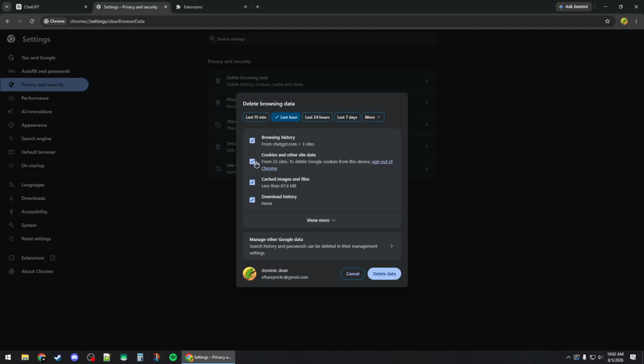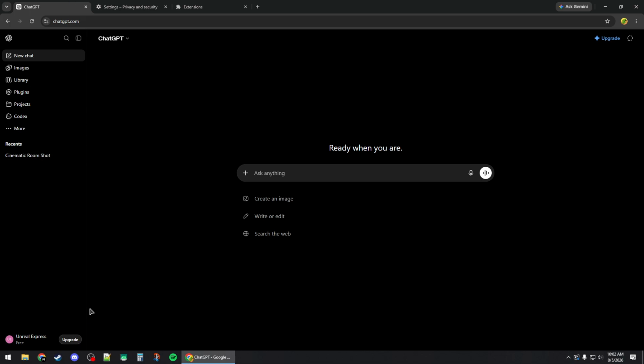Make sure the cookies and other site data is checked as well as the cached images and files. Now for the period, you want to select all time and click on delete data. Now, after deleting the data, you might be signed out of your ChatGPT account. So make sure to do a hard refresh by holding Control, Shift, and press R, and then sign back into